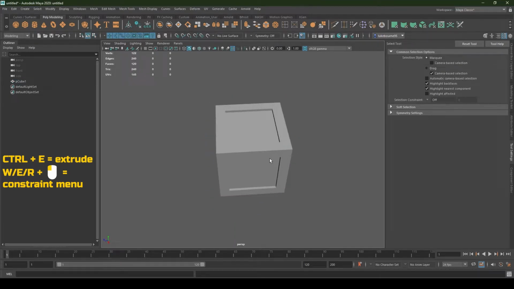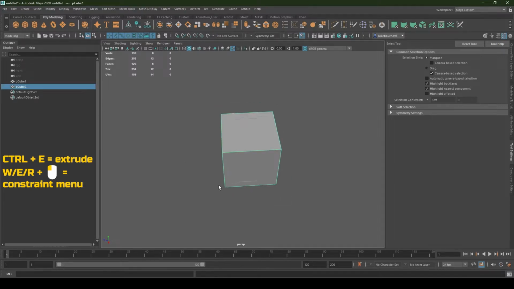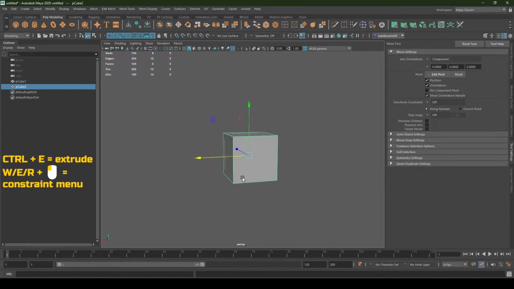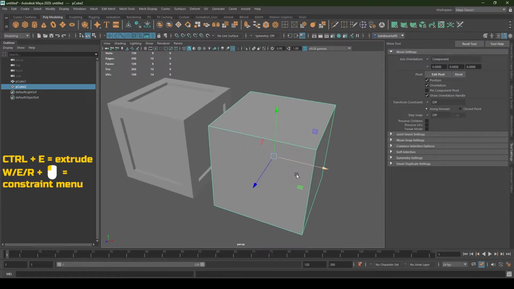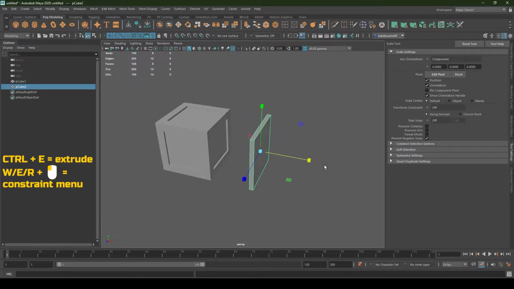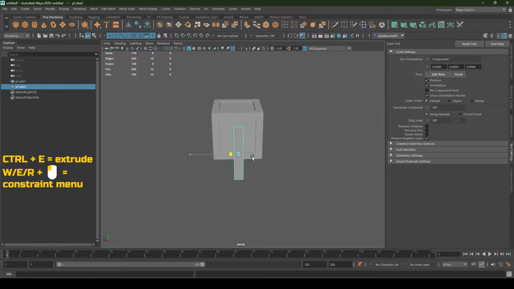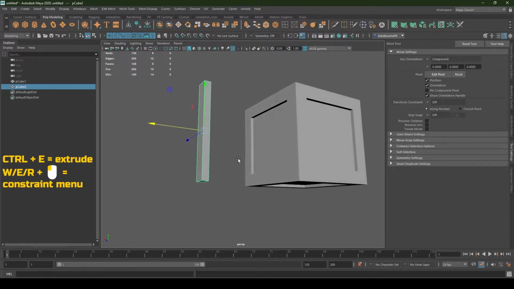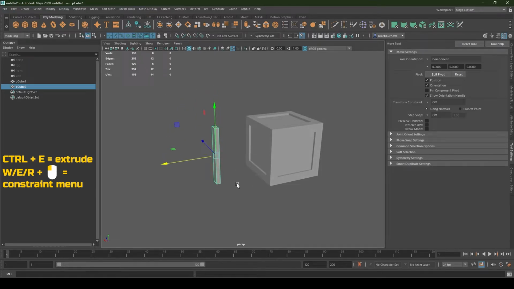I'm going to go back to object mode, and we're going to create a new cube. Now, obviously this cube isn't looking much like a plank of wood at the moment. So we're going to drag it away from our base crate design. We're going to scale it to look a little bit more like a plank of wood. And now we can grab this new plank that we've created,